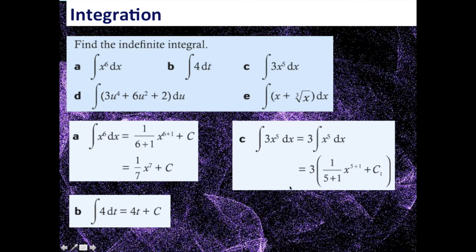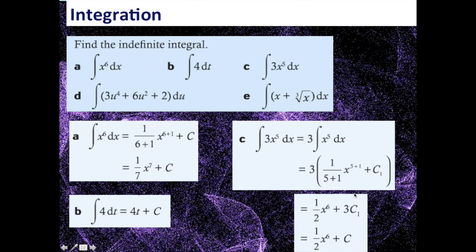Question C is going to be the constant multiple rule. So we said here we can take out the constant and multiply it by the antiderivative of x to the power 5, and we can here apply the power rule to this. Which means we end up with a half x to the 6 plus 3c1. Now, we don't know what c is, it's a constant term. So 3 times a constant gives us no more information than just c. So we just leave this as a constant value